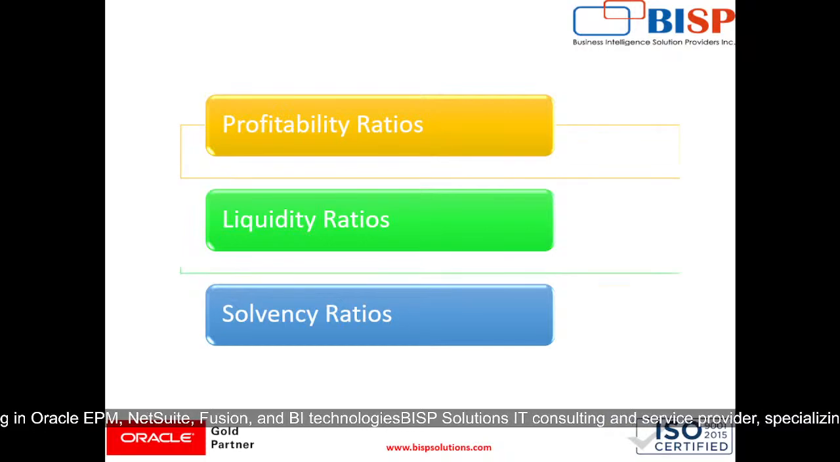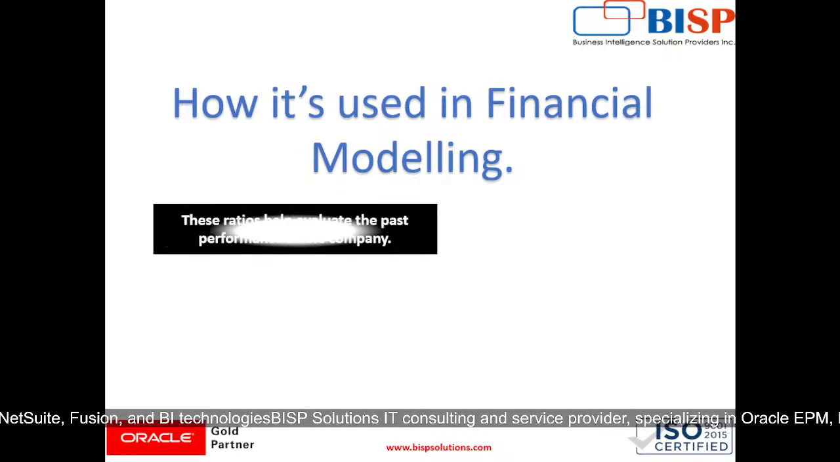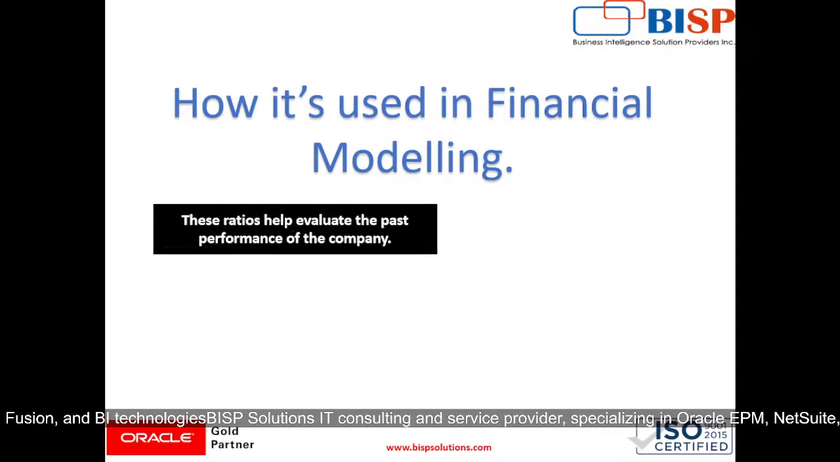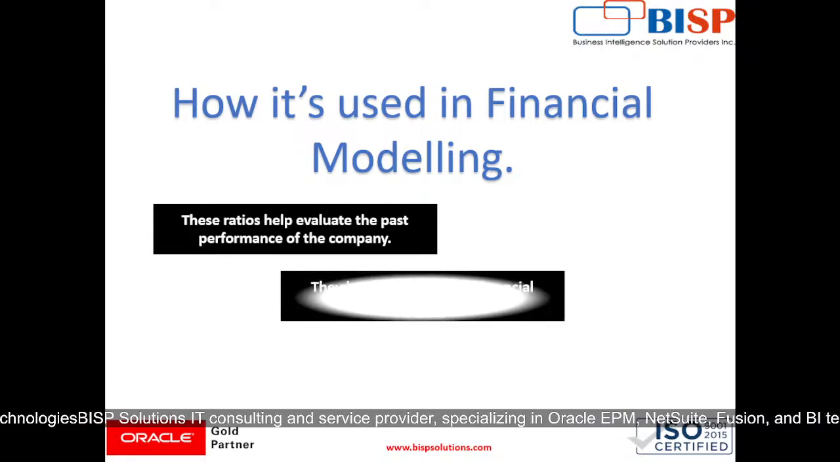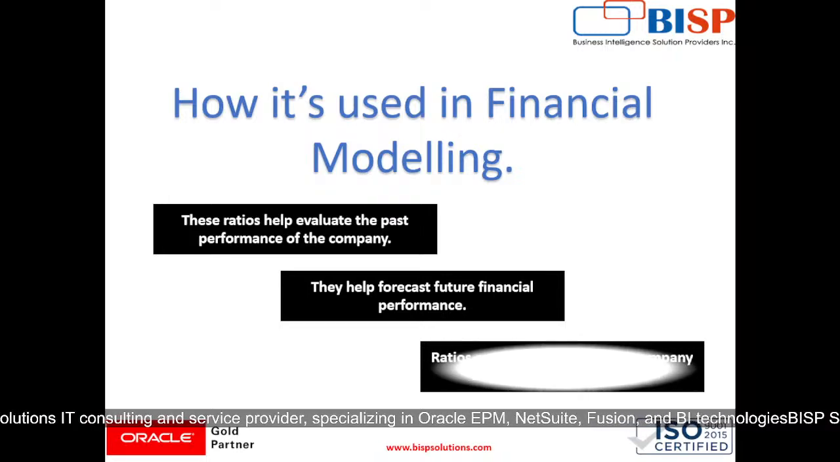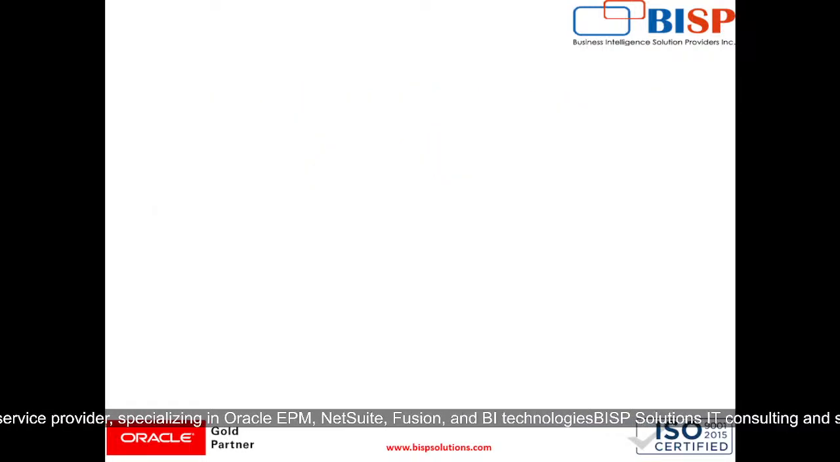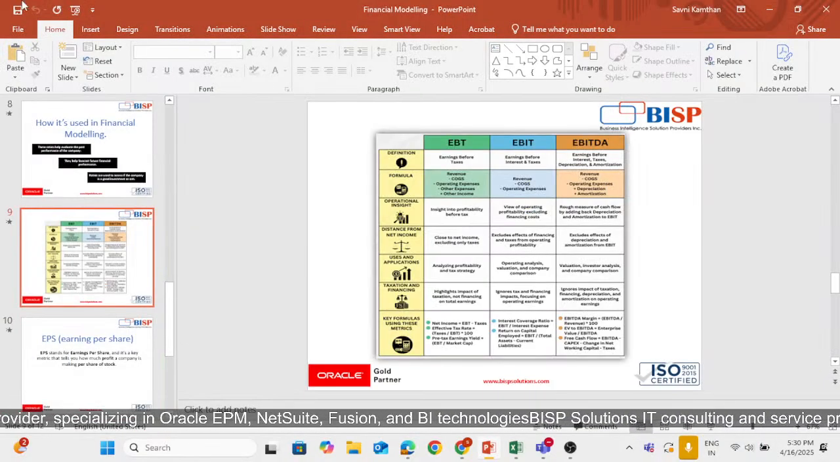So how is it used in our financial modeling? These ratios help evaluate the past performance of the company. Then they help forecast future financial performance, and ratios are used to assess if the company is a good investment or not. So for that,